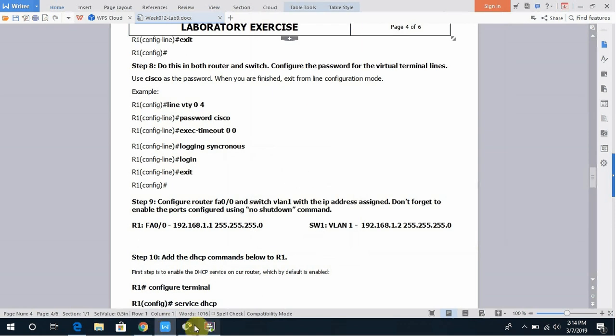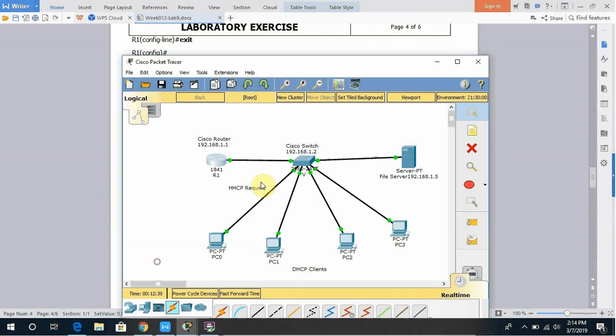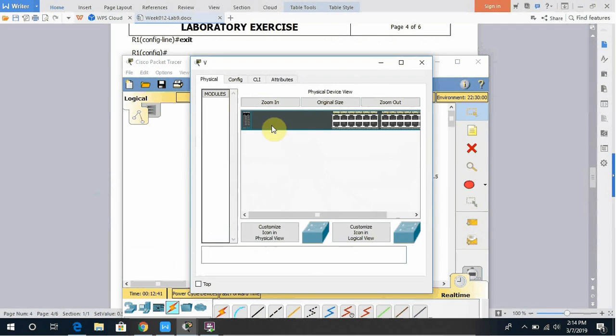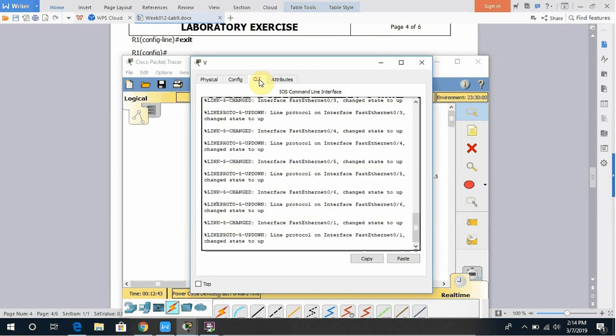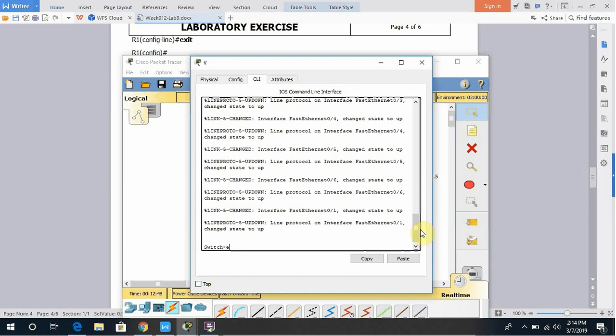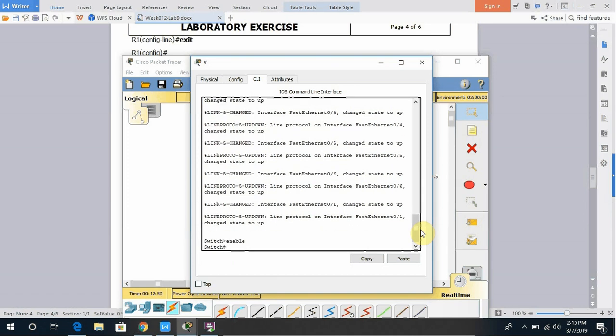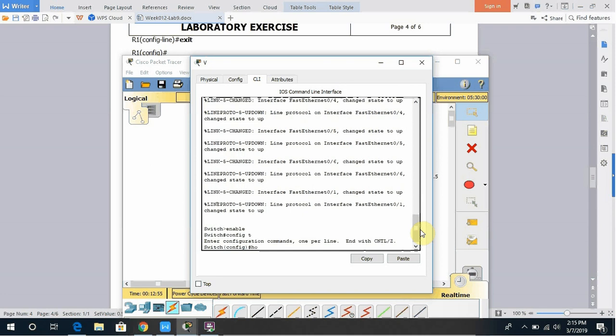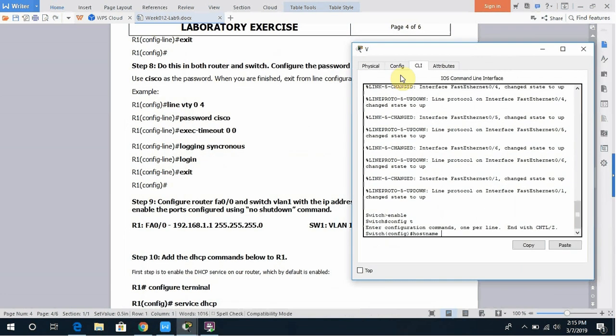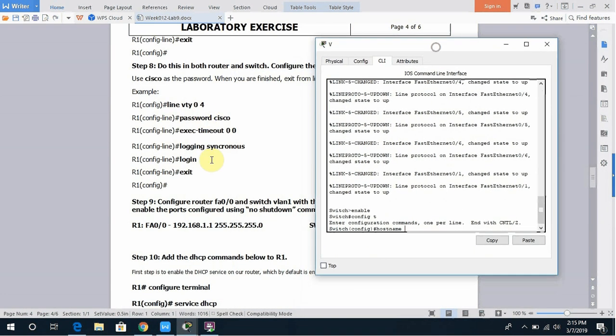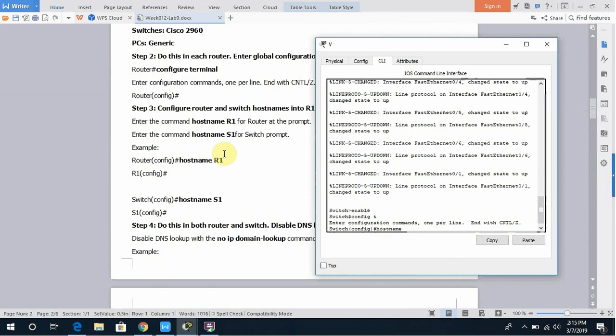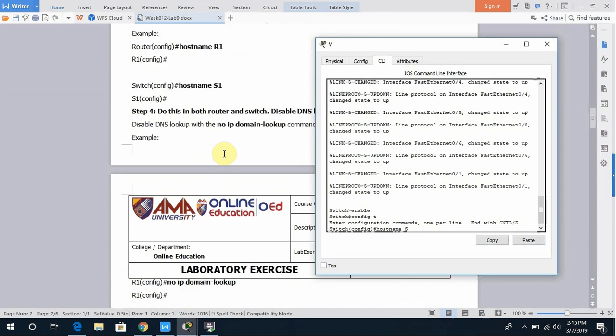Okay, we go to the Cisco switch CLI, and enter enable, config T, hostname. Okay, what's the host name here? Is it SW or just S1? Okay, S1,